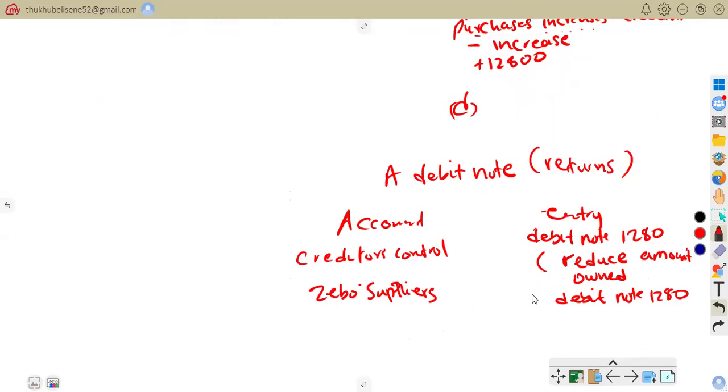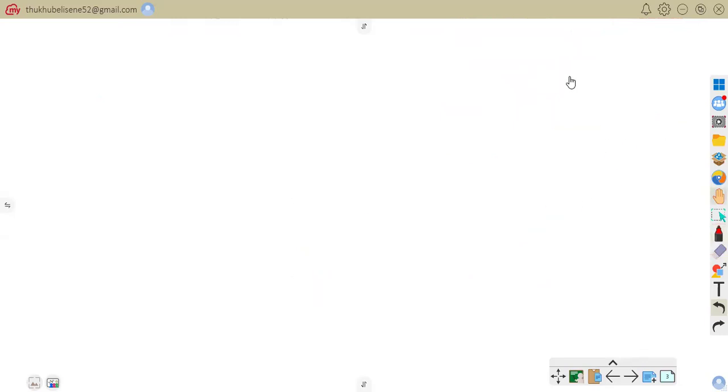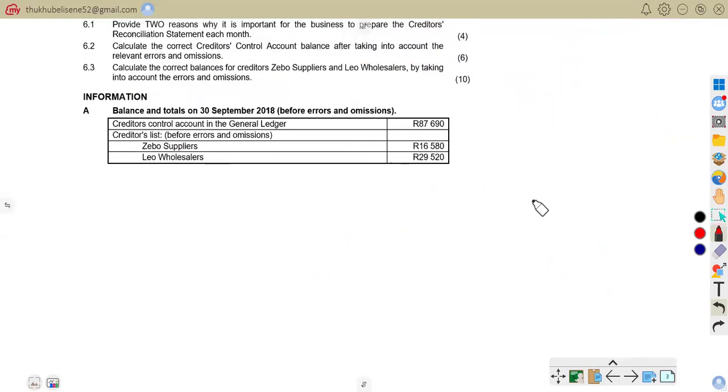But what likely had happened now? What likely had happened, remember we are on D, is that because you are told that there was an error, wherever the question says recorded in the creditors journal in error, it means that the most common mistake that was done is that it was recorded as a credit instead of debit. So instead of this correct control,